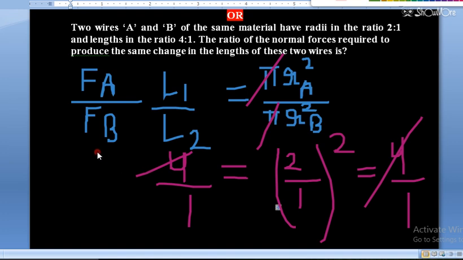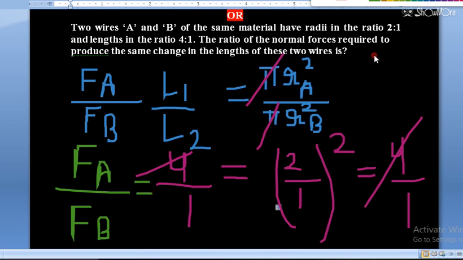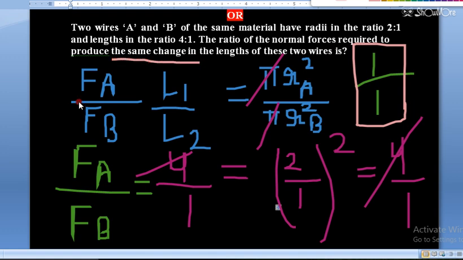So in the final answer you will see FA by FB will be equal to 1. So both the forces are required in the ratio 1. So both the forces must be equal. You can say 1:1 will be the ratio of two normal forces which are required. So I hope the question is clear. Same change means delta L will be same for both the wires,